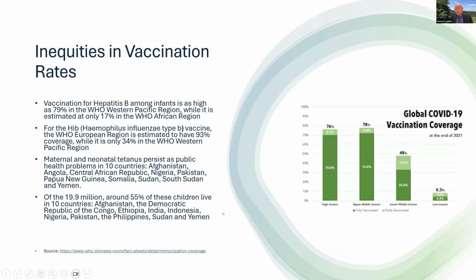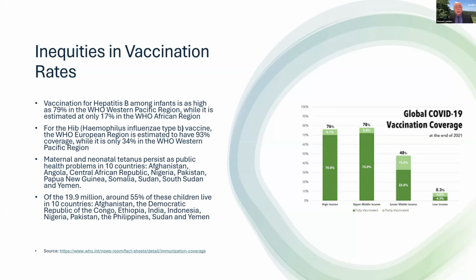Inequities persist, however, between higher income countries and lower income countries. Vaccination for hepatitis B among infants is as high as 79% in the World Health Organization's Western Pacific region, while it's estimated at only 17% in the Africa region. For Haemophilus influenzae type B, which can cause meningitis and pneumonia, not the vaccine, of course, the virus itself, the WHO European region is estimated to have 93% coverage, while it is only 34% in the WHO's Western Pacific region. Maternal and neonatal tetanus persist as public health problems in 10 countries,